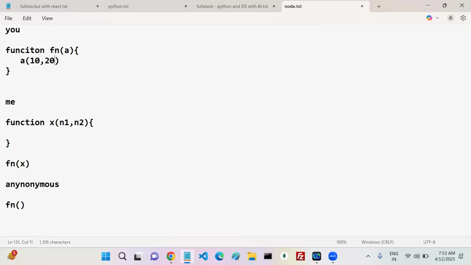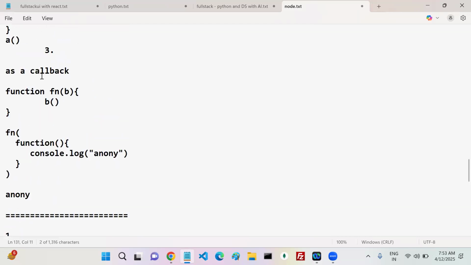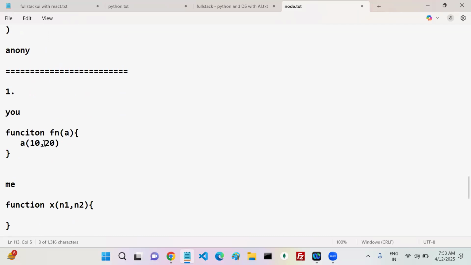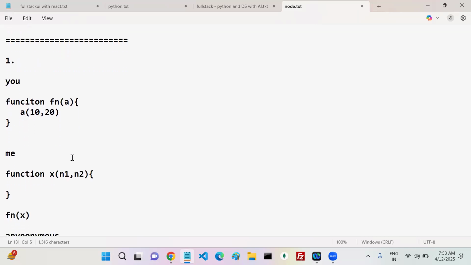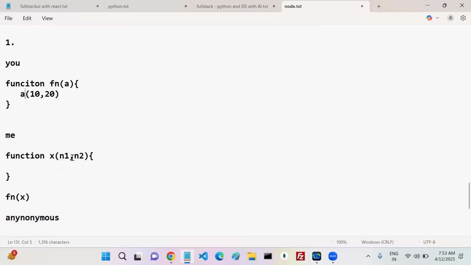My a is called with some parameters, without parameters last time. This time you are calling a with parameters. Don't think more about the 10 and 20. Last time you did not pass any data, B calling, you passed nothing. Here A calling is common. You pass some data. So my A should be what? A function, right?